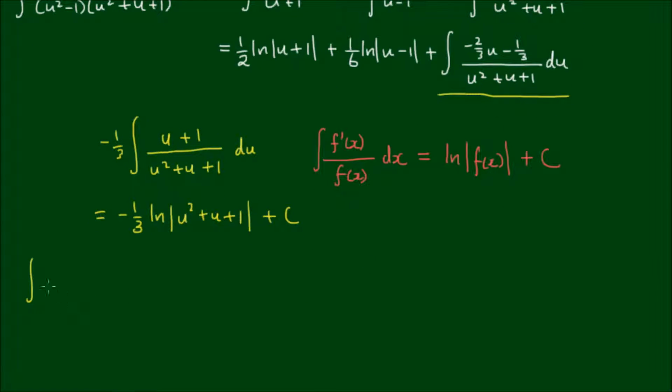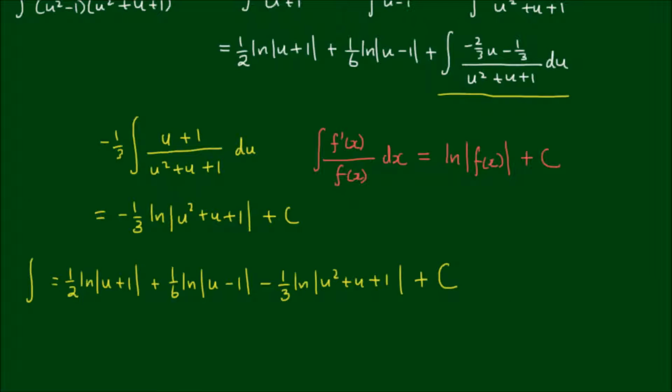So the entire integral is equal to a half of the natural log of u plus 1 plus 1/6 of the natural log of u minus 1 minus 1/3 by the natural log of u squared plus u plus 1 plus an integration constant c. And of course we can't forget that we made the substitution of u is equal to the cosine of x. So plugging this back in,